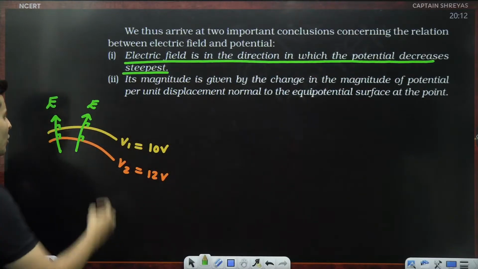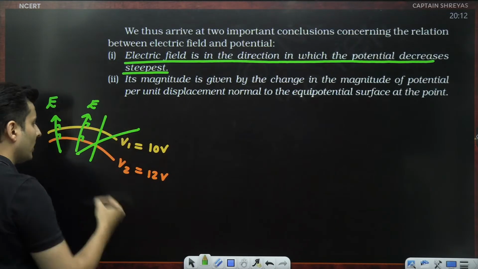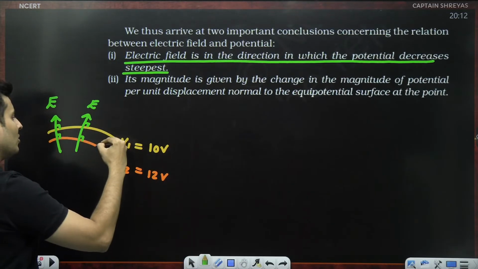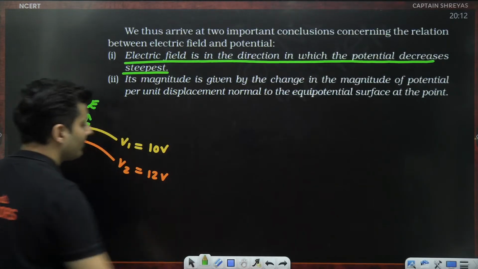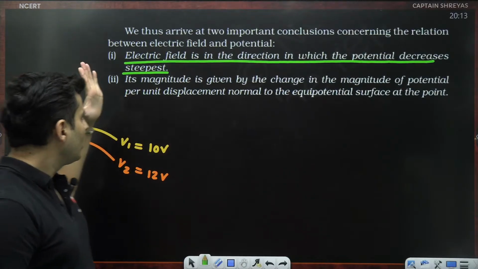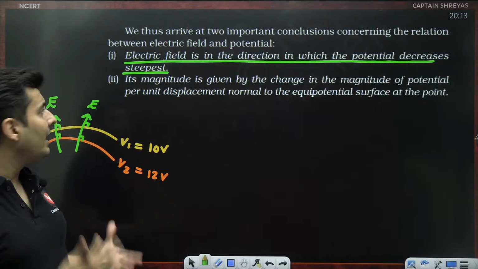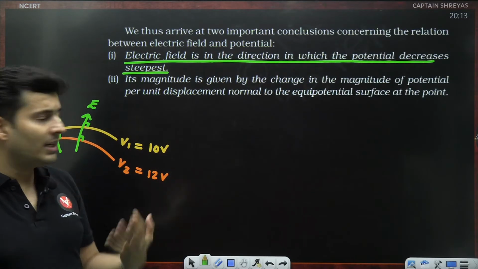The steepest. You cannot say it will go like this, because this is the longer path. This is the shortest path by which you can decrease it. So this is the very quick way of decreasing it. It is very steeply decreasing. That's why it's like that. Anyways, it is perpendicular. Its magnitude is given by how quickly the potential reduces per unit displacement at that particular